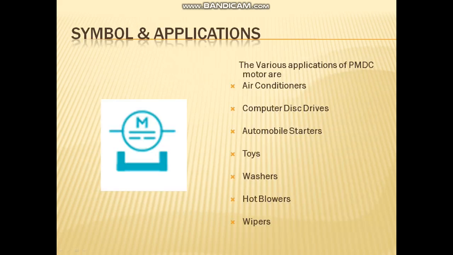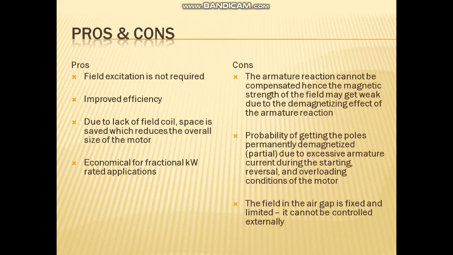The symbol used to represent the PMDC motor is shown in the figure. It comprises the armature and the permanent magnet placed close to one another. The applications of the PMDC motor include air conditioners, computer disk drives, automobile starters, toys, washers, hot blowers, and wipers. The pros of the PMDC motor are: field excitation is not required,